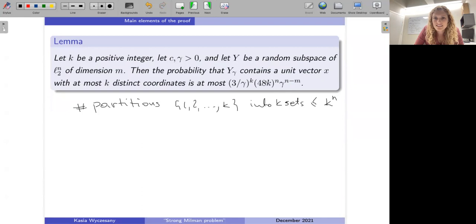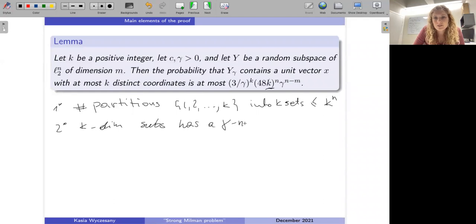So this is this k here, k to the n. Okay, then we know that every k-dimensional subspace, since Y is a k-dimensional subspace, has